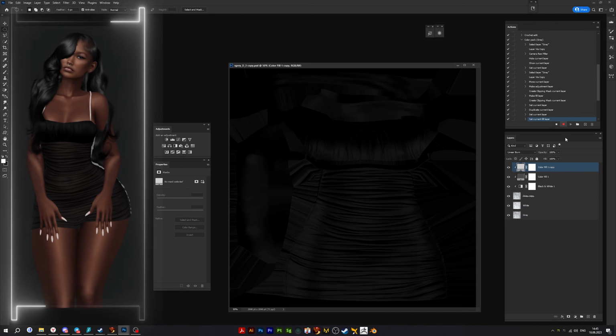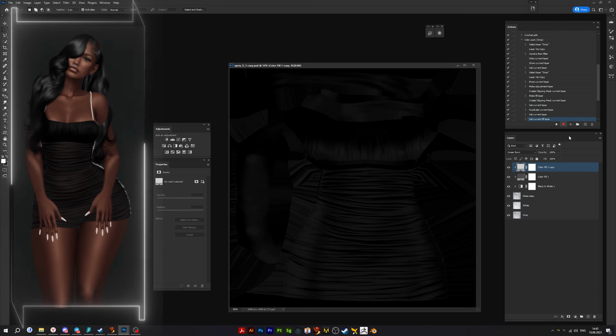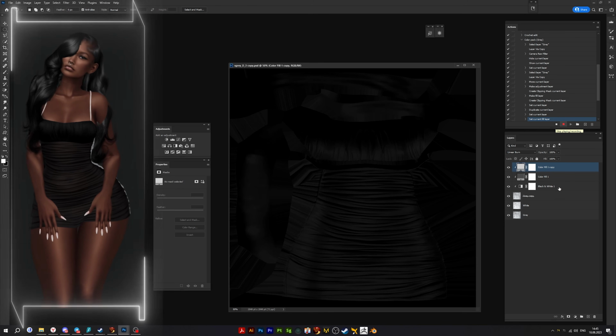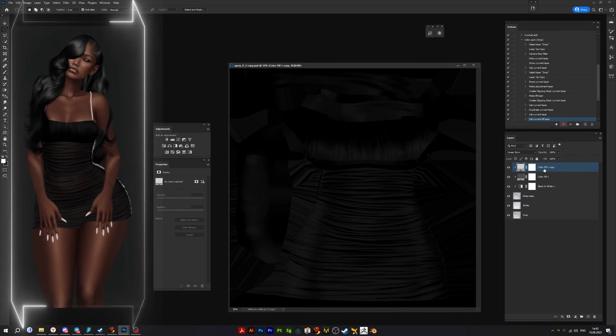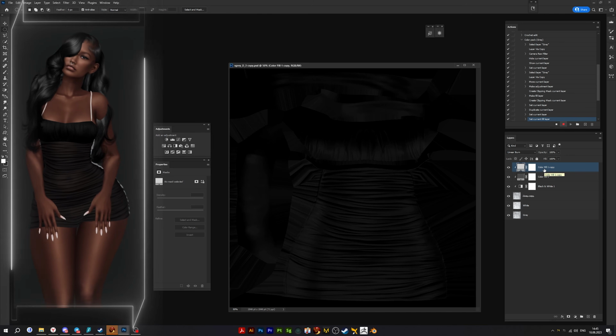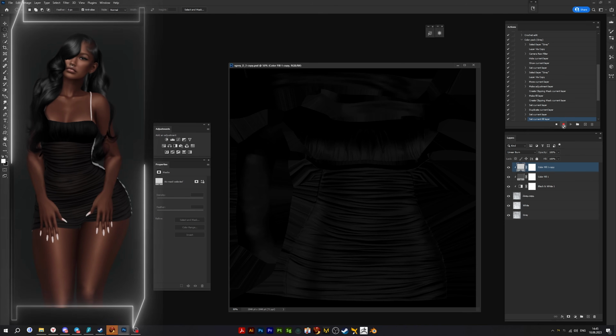So let's press record. Also, important note, when you press stop recording, do not touch anything in your layers. The selection must stay exactly where you left it when you press the stop button. So just remember it.